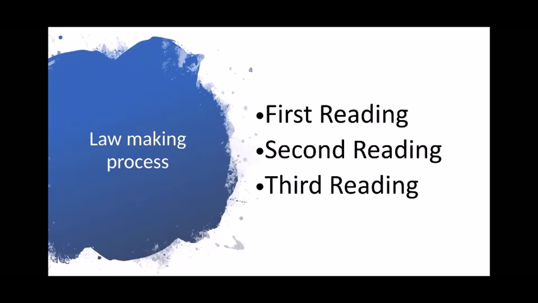Now second reading has two stages. In the first stage, the objectives of the bill are discussed with the members of the House and everyone is free to give their opinions. The supporters of the bill can give positive opinions while opponents can give faults in the bill. After the discussion,